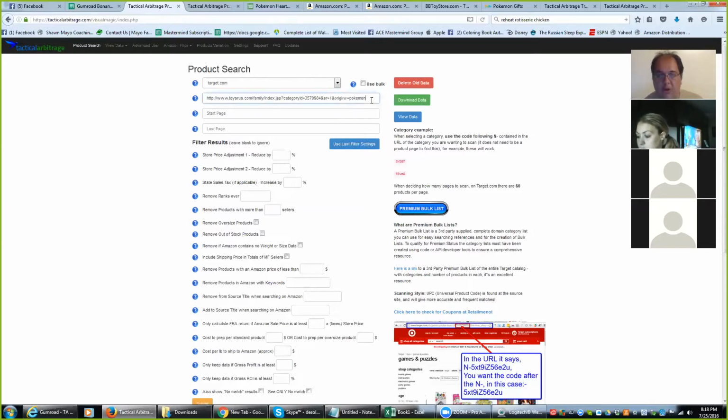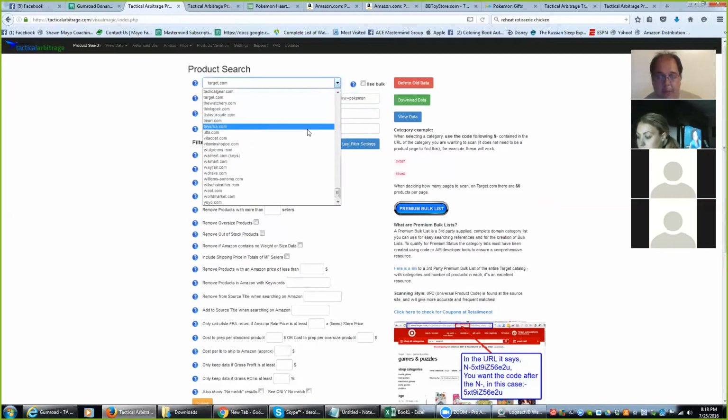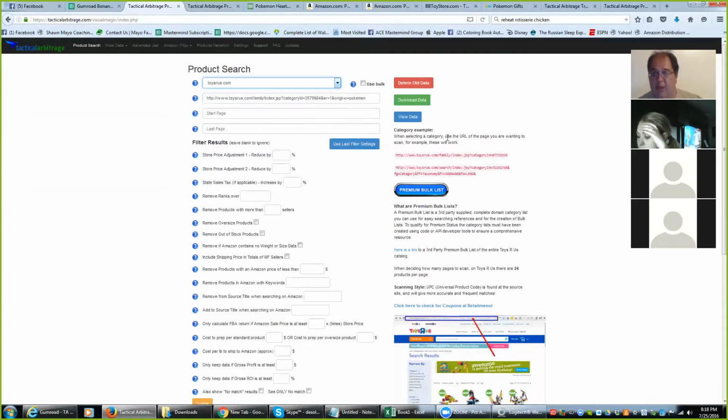So once we figure out what we're looking for, I'm going to go back to Toys R Us. You'll see on the sides that each one is a little different in the format they require. Sometimes you'll have to delete some information at the end. There's an ampersand and stuff after that, or stuff after a question mark. And each site is a little bit different, but pretty simple to understand. So at Toys R Us, these are the examples when scanning. This is the other important information. It will say when deciding how many pages to scan, and there will be a number. This one is